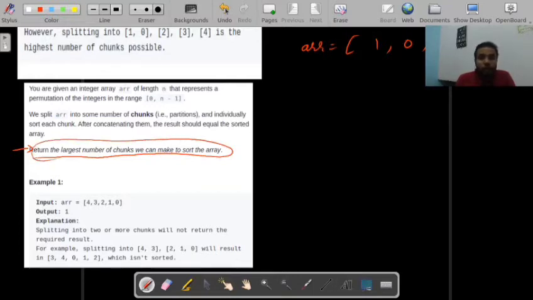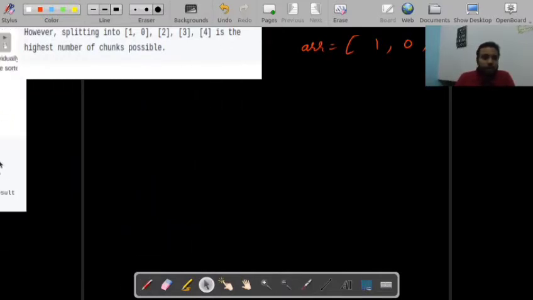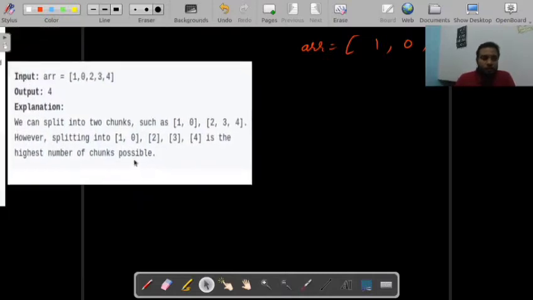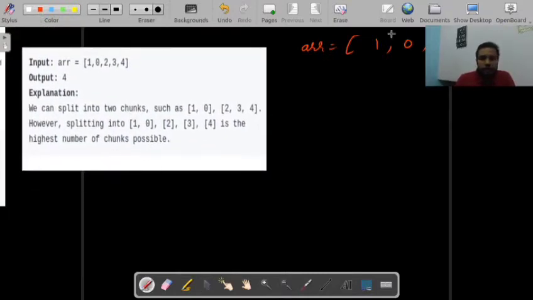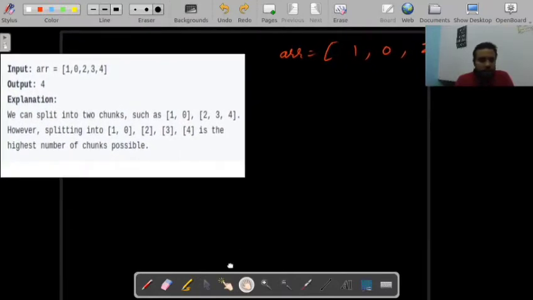Actually, we have to maximize the number of chunks. It means we have to divide this array into the maximum number of subarrays.